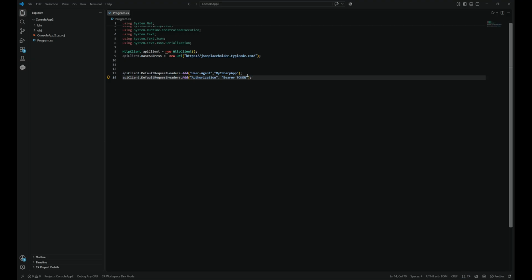Generally, this is one of the most common headers you'll add, authorization with a bearer token, proving to the server you are allowed to access whatever you are requesting. Most real APIs, unlike JSONPlaceholder, will actually require something like this. Okay, and